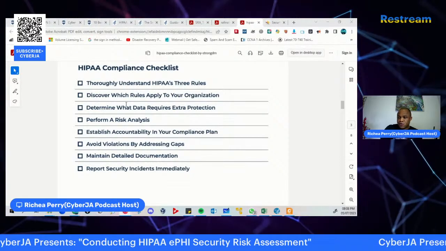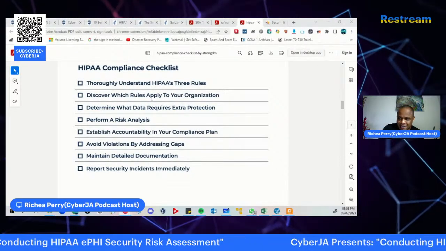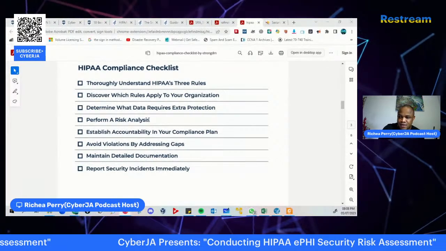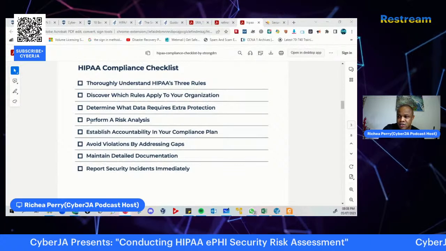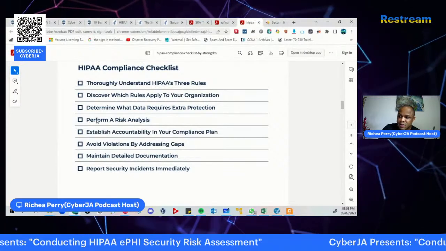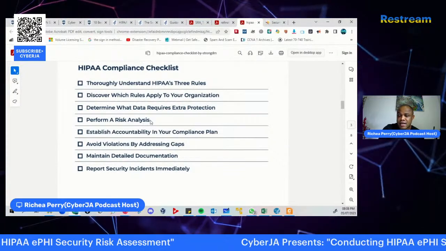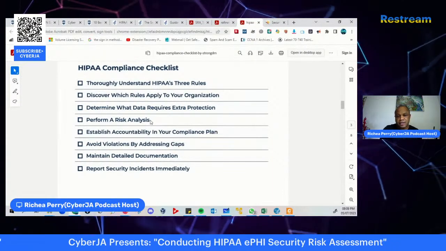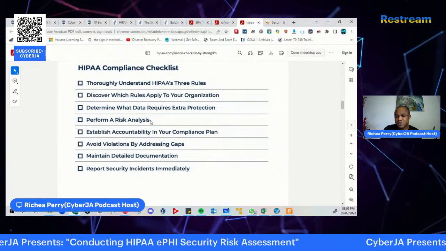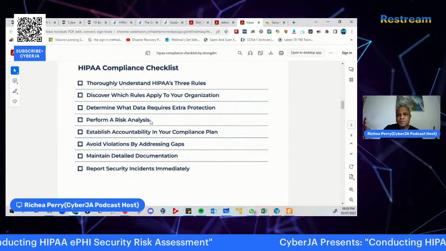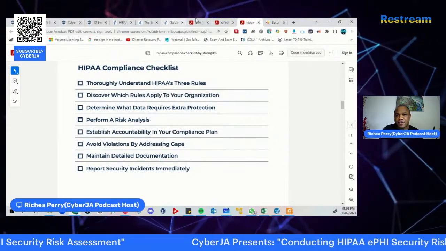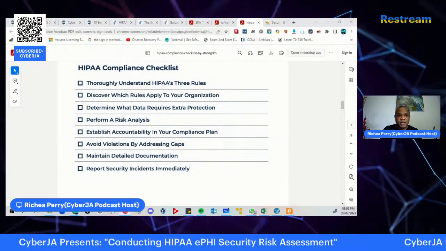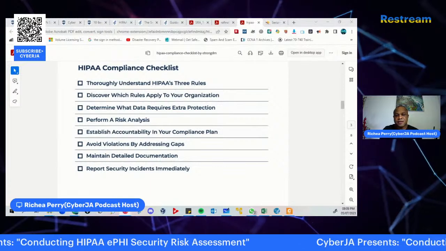So looking at this checklist, there are a number of tasks that are required to implement this particular standard within an organization. One of those key elements is performing that risk analysis, and that is what we are going to be focusing on in this particular session. We perform this particular risk assessment, going through all the necessary phases.